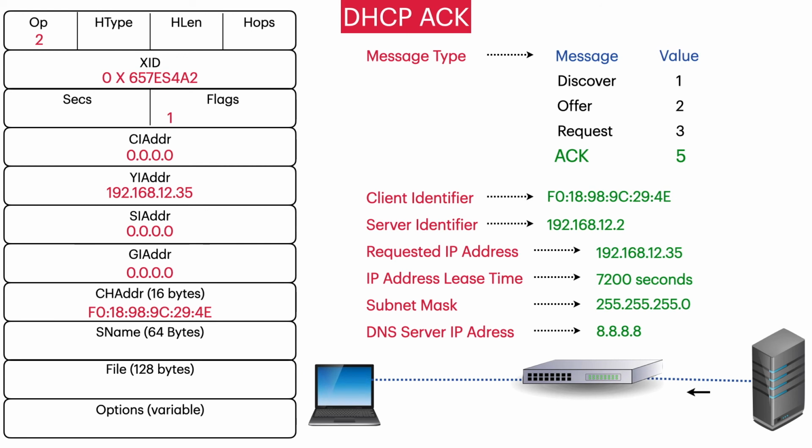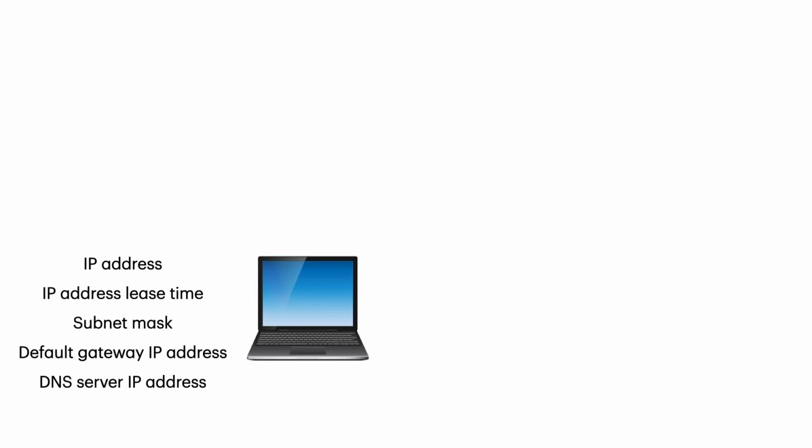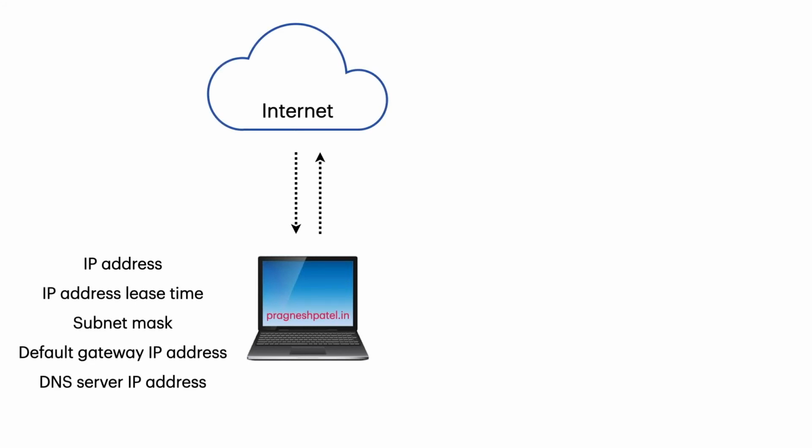The DHCP client receives the message. The client MAC address maintained in the client hardware address field tells the client that it is the intended destination. Now the DHCP server has acknowledged the TCP/IP settings, so the client configures these settings in the operating system. Now the computer has an IP address along with other TCP/IP settings, so it is ready to open the web page without any issues.